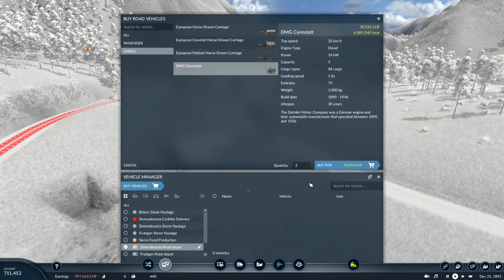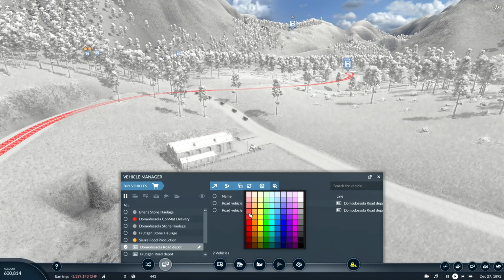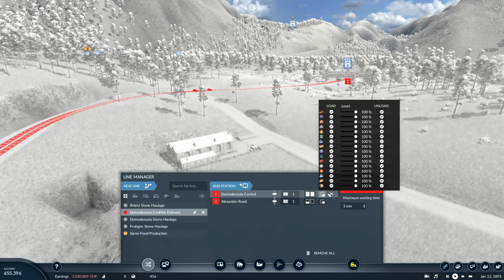So that the factory wants to start up. Yeah, we'll just buy 2, get them ready. And in fact, we could probably put them on wait until full, right? To start with. Wait until full. There we go. And you only want to pick up...